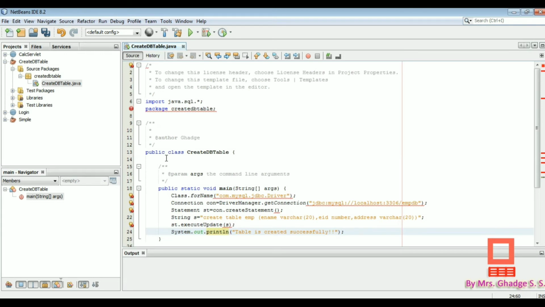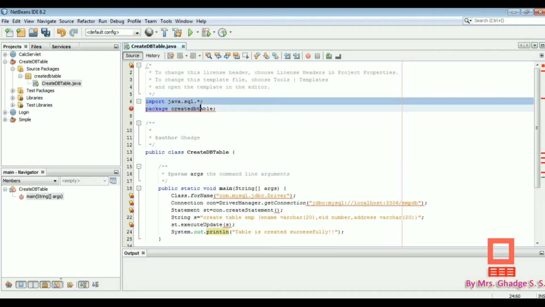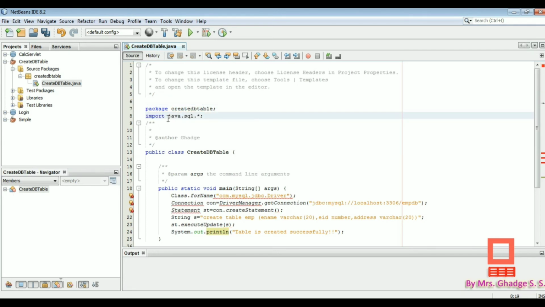Now see what the errors are here. First error, class, interface or enum expected. We have to import the package below the package statement, so Ctrl+X here, cut and paste here. This will remove the error.